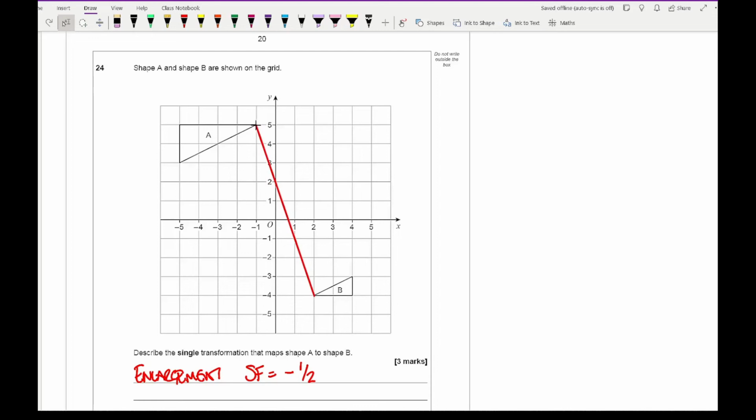which may be a little bit difficult using the computer. And if it was on paper, it'd be a lot quicker. And another line drawn. So, and then just to confirm, get another line drawn, all 3 points, and you can see that all of those 3 points go through the same coordinate, and that is 1, minus 1. And that would be the 3 marks. So you'd get 1 mark for stating each of those 3 elements. So 1 mark for enlargement, 1 mark for scale factor being minus a half, and 1 mark for the center